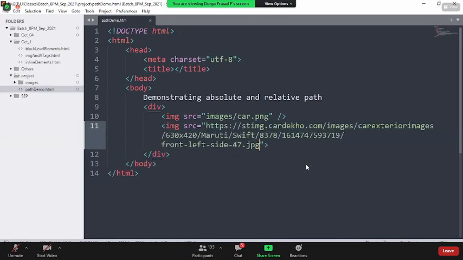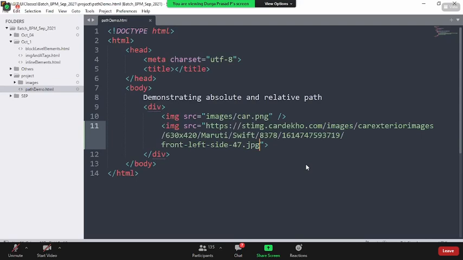Okay, so I'm putting this image here. Now you tell me, the second image that I'm putting, is it a relative path or an absolute path? Absolute path. I'm completely specifying the domain, the complete location. Now, can I make this path relative? How can I make it relative? By saving it into a local folder, sir. What if I don't want to download it? Still, is it possible to say it as a relative path?